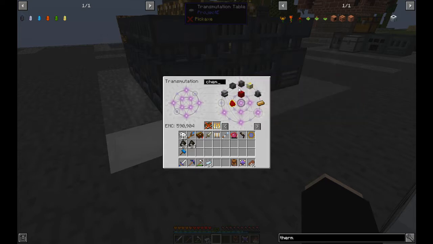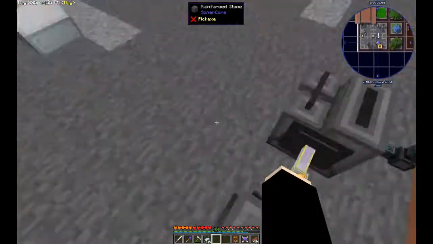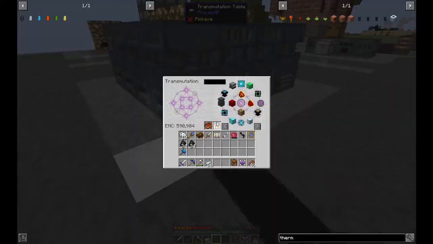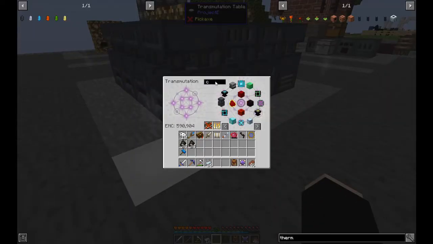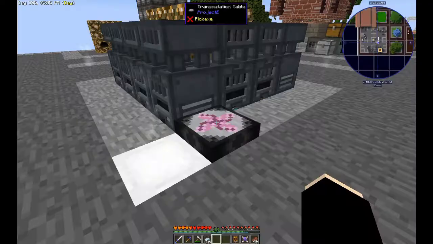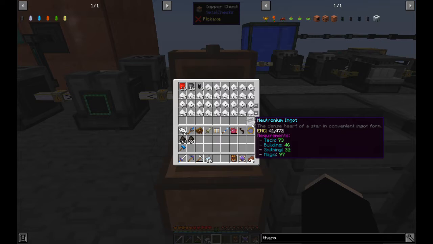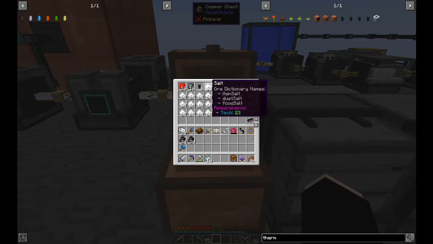The chemical injection chamber crystallized, no? What is it? It's the injection chamber. Chemical. I guess I don't have it here. But I did actually manage to get a neutronium ingot, but it took a lot of salt. Now,